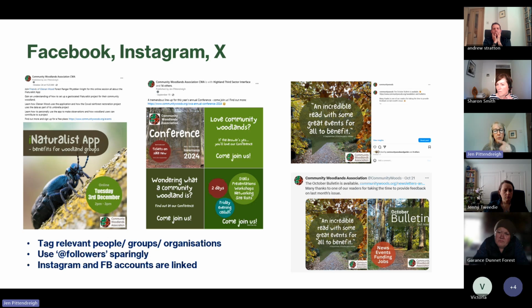Twitter is slightly different. It is showing the two images, but you're very curtailed in terms of your word count on Twitter. So I've always got to pare back even a very short sentence or paragraph so that it fits in with the Twitter format. And Twitter will cut your link if there's too much in it, but the link still works. So that's really all I've got to say about social media.